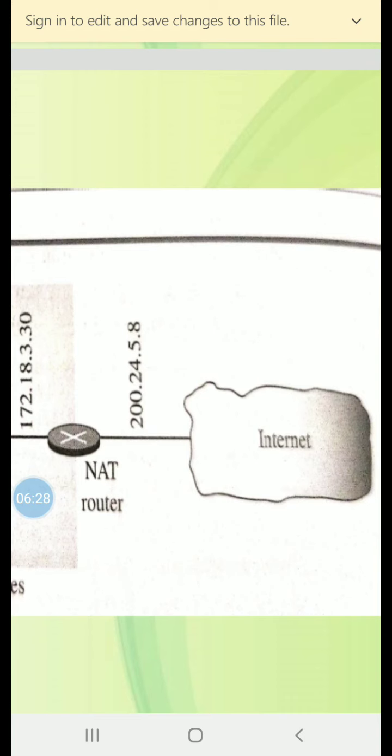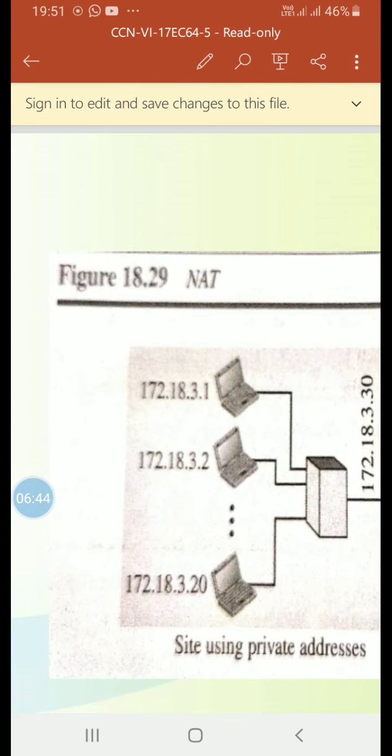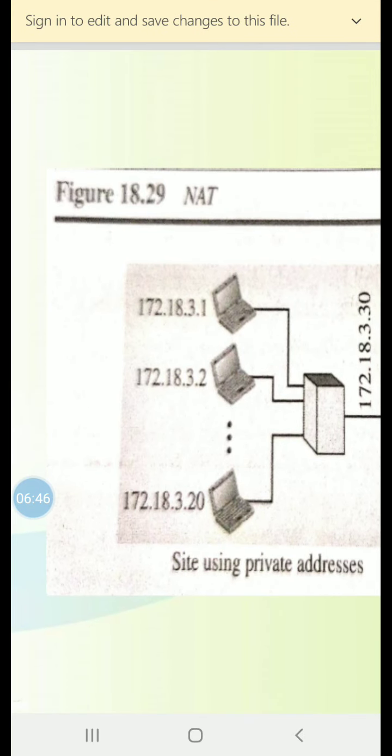For example, suppose two hosts inside a private network with addresses 172.18.13.1 and 172.18.3.2 need to access the HTTP server on external host 25.8.3.2.